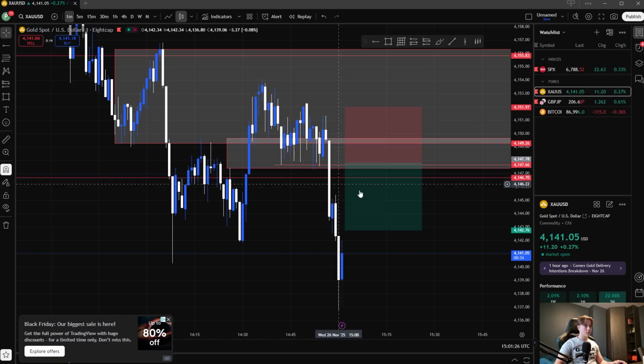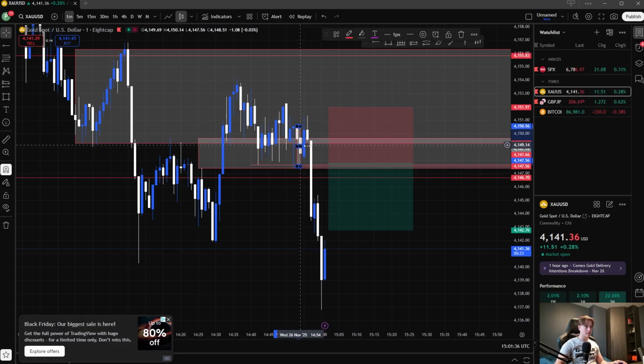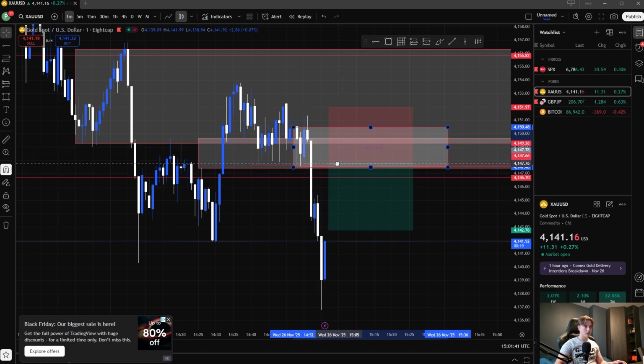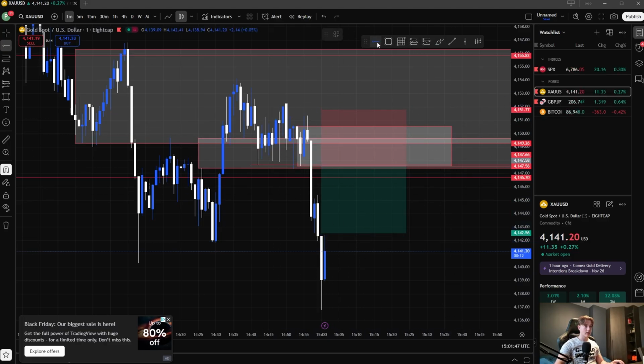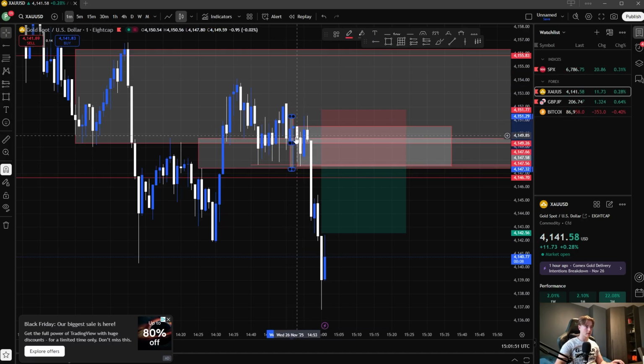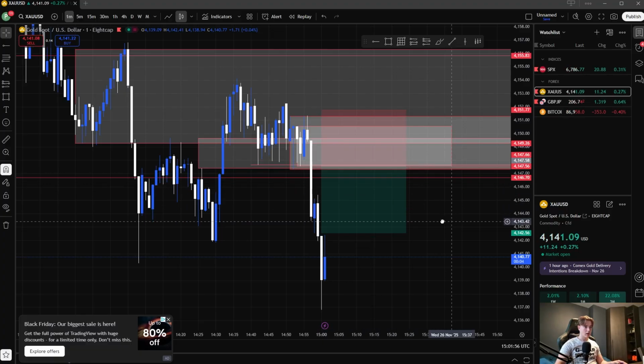So on the 1 minute over here, we can see a liquidity sweep happening. A break of structure actually happened over there, and we want to mark that. From what we can see, there was no retracement to over here, so we're going to be placing our trade over here, just above that. A breaker block was actually this candle over here, so we're going to be marking that as well. And with that,